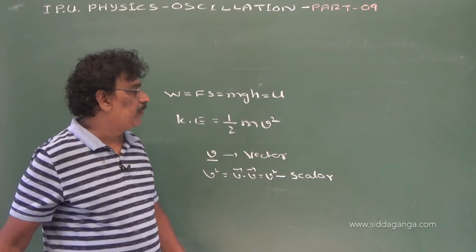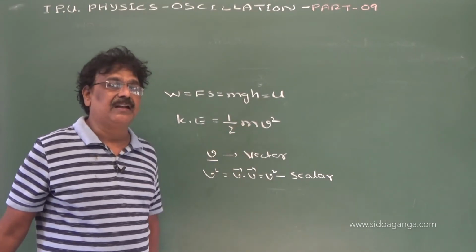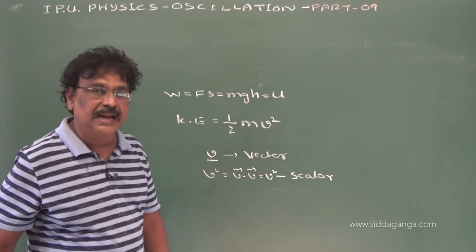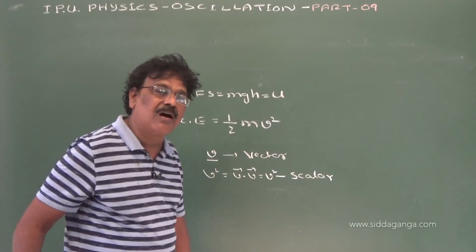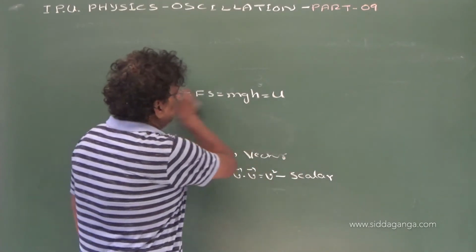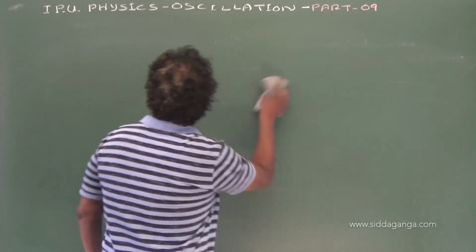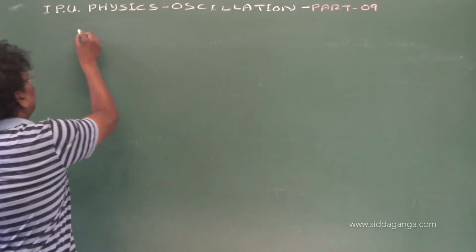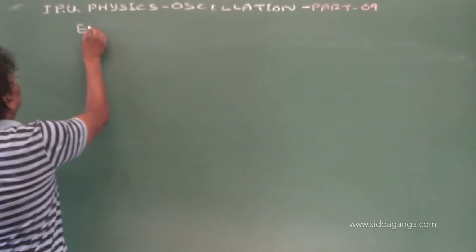So therefore energy is a scalar quantity. Potential energy, total energy, and kinetic energy, all forms of energy are scalar quantities. Now with this little introduction, we will take another concept,